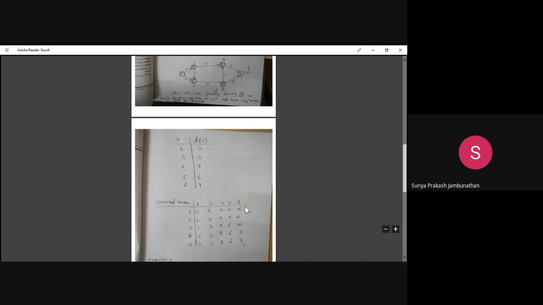You have to make the table through the identification. From the first vertex, the initial steps: when you take vertex 1, initially we got 2, 4, and the remaining all as infinity. When you take the second node as the starting vertex, we got 2, 3, 9, then 5 and 6 will be infinity. When you take node 3 as the starting node, we got 2, 3, 9, 6, infinity. When you take 5 as the starting vertex, we got 2, 3, 8, 6, 11 as the identification of shortest value. When you take 4, we got 2, 3, 8, 6, 9 as the identification of shortest value.